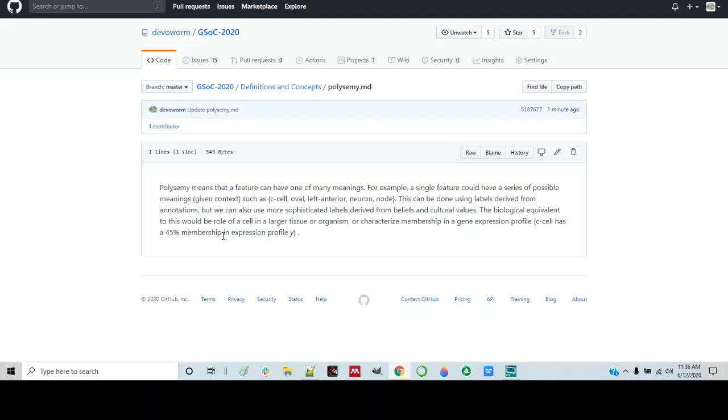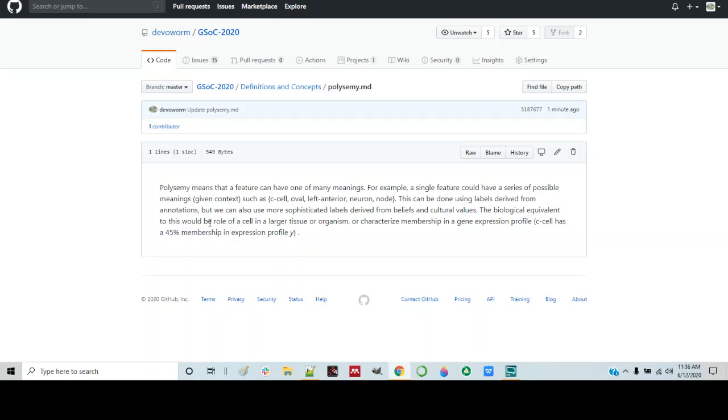But this 45% membership idea, if you actually go through and walk through an analysis, you'll find that they have a membership function, and the membership function determines their degree of association with something. So they use a terminology of membership, but it just means to what degree it's associated with something. And so the idea would be that you'd have these partially associated labels with some